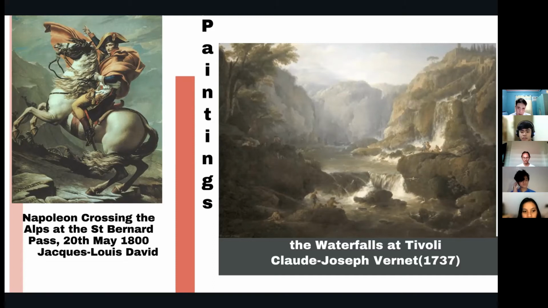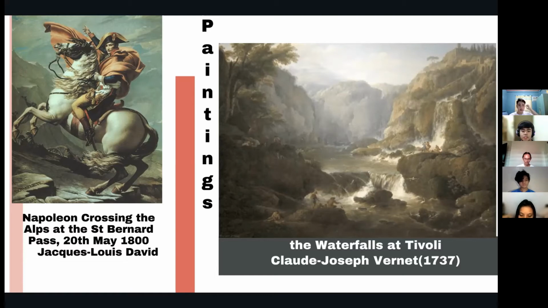Now let's head to the second painting, which is The Waterfalls of Tivoli by Claude Joseph Vernet. This landscape demonstrates his signature style, as he was remembered for his main subject: water. Water is the main theme of his paintings. The subject is the Aniene River falls, at the Villa Gregoriana in Tivoli, in the Lazio region of Italy. For those who don't know Joseph Vernet, he was a predominant French landscape painter of the 18th century, contributing to